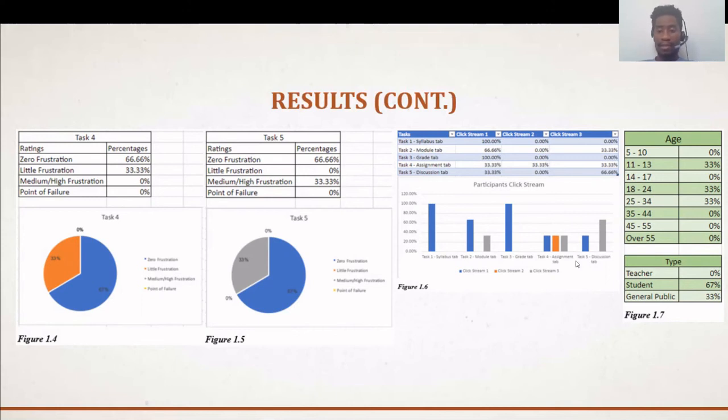And then in the bar graph, you're able to see the breakdown for each participant and see how many participants use which clickstream method. And out of the 5 tasks, only 2 of the 5 tasks completed, all the participants used the same clickstream method, whereas for the other tasks, it varied.